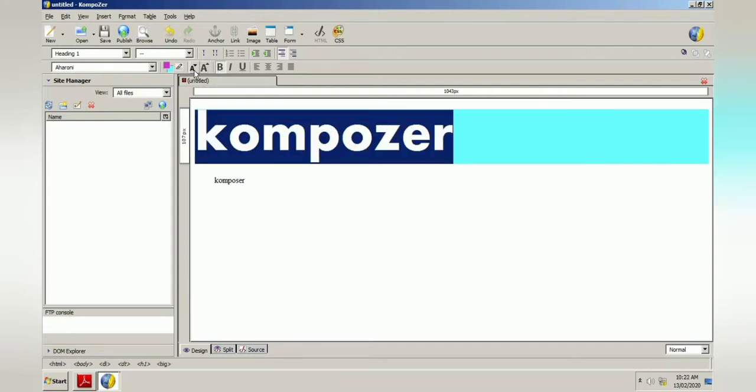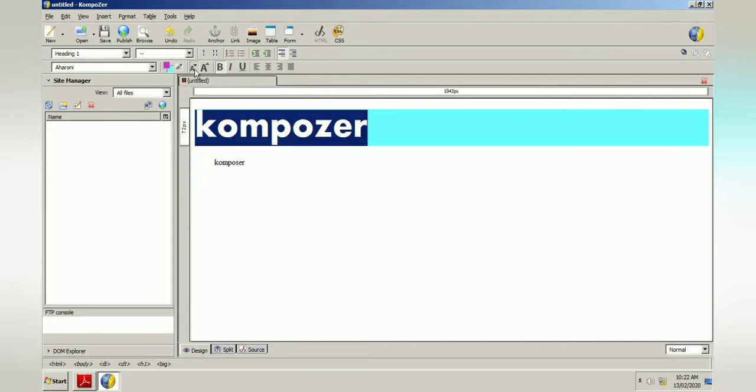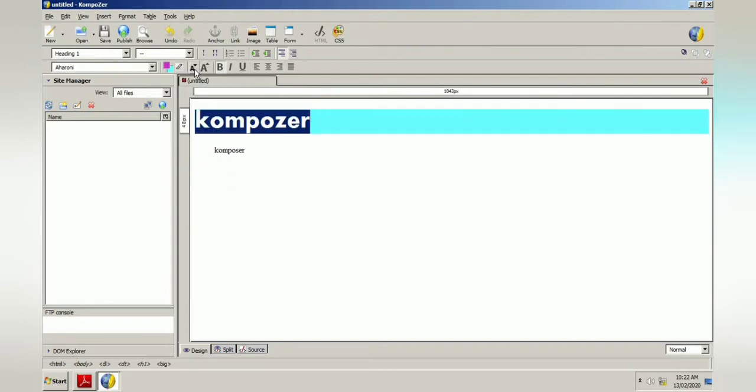Now if you want to decrease it, this is the smaller font size button. If you don't know the name, just put your mouse pointer over there and the name will come automatically. Click on this: however many times you click, the font size will become smaller and smaller. Next are the bold, italic and underline options, and these are the alignments. By default the alignment is left, and here I can set center, right and justify. Now I am selecting the center one.